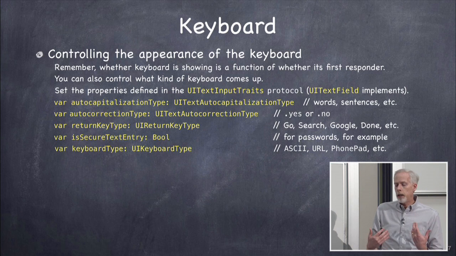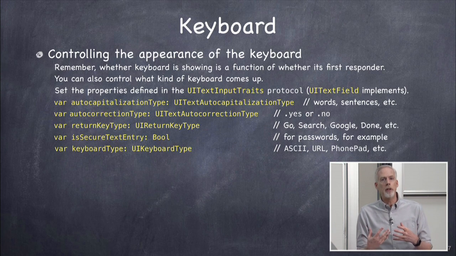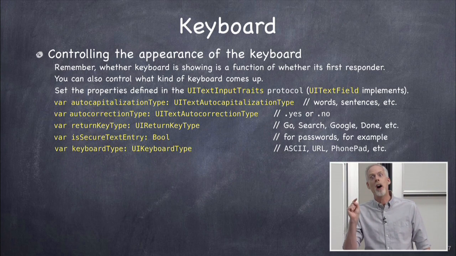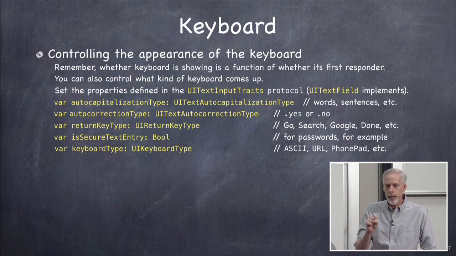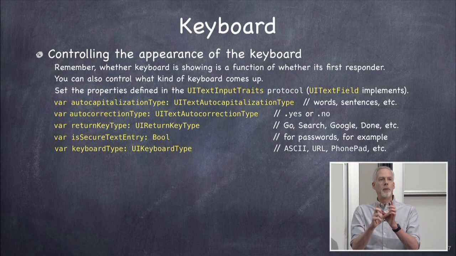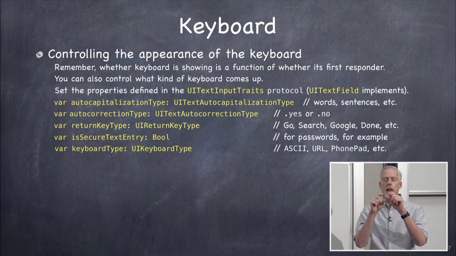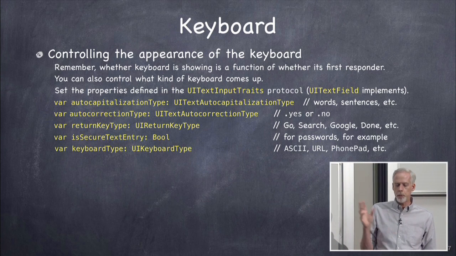The keyboard, you can change the kind of keyboard. For example, there's a keyboard for entering URLs, and it's got a button on there, .com. Okay, I think it even has a button, HTTP, so that you can quickly enter a URL, right? There's another keyboard which is like a phone dialer, which is just a keypad that has just the numbers or whatever. So you can specify that.